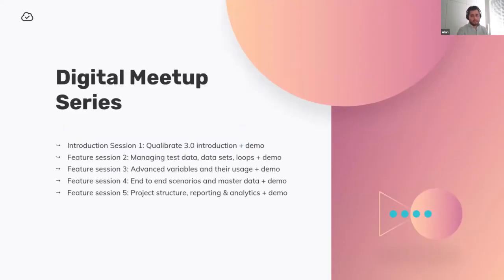As last session, we introduced this digital meetup series, which is a bunch of sessions that we're having throughout the next few weeks. At the moment, we have identified a total of 5 sessions, which was introduced initially last week by an introduction of Qualibrate 3.0, which is fairly relevant for those users that are not yet in the newest version of Qualibrate.